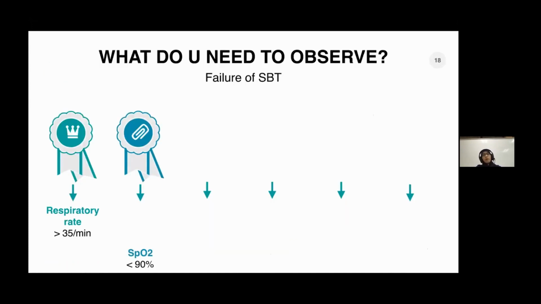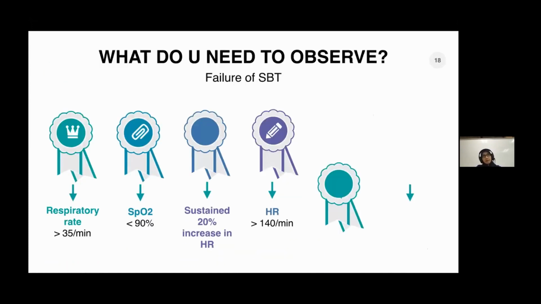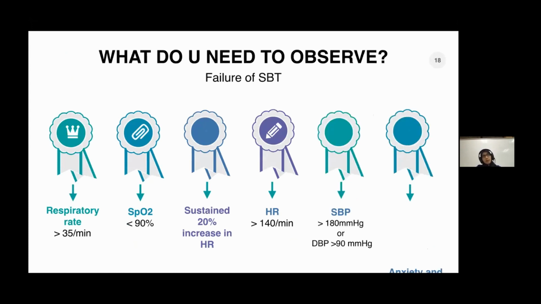So what do you want to observe during spontaneous breathing trial? As I mentioned, the spontaneous breathing trial needs to be done within 30 to 120 minutes. During that time, you need to look at these parameters. This is your job, all right? Because sometimes doctors initiate the weaning and they run away. So we need to have a team to monitor these parameters during the spontaneous breathing trial because it takes about 30 to 120 minutes. If these parameters worsen within that period, your spontaneous breathing trial has failed, right?